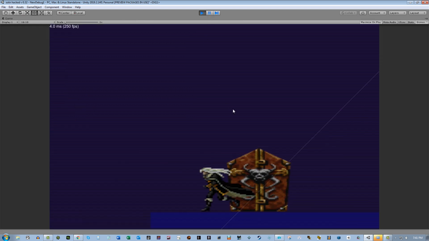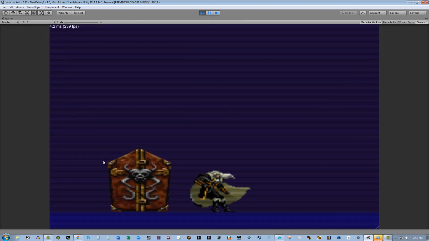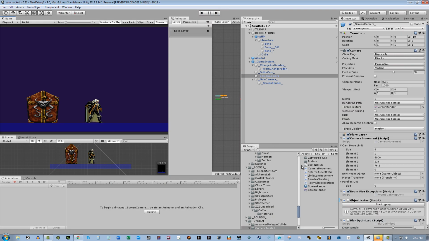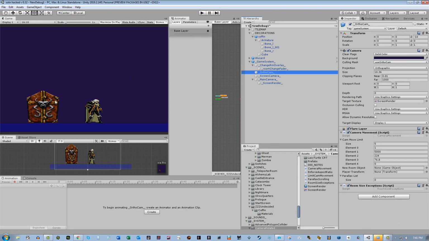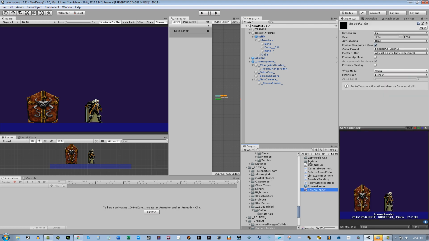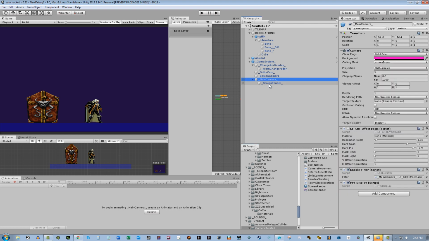And there you go. Now it looks even smoother while still looking high res. And this, without that render texture, would not look nearly this good. It just gives me so much more freedom to do so many things. So these two cameras draw these objects to the render texture, and then this main camera shows the render texture